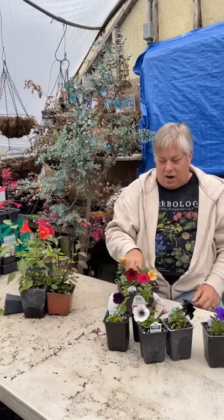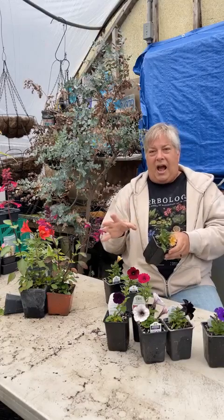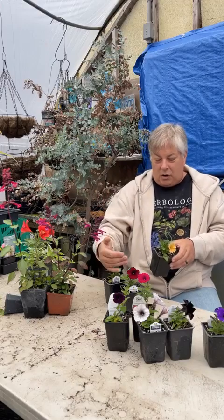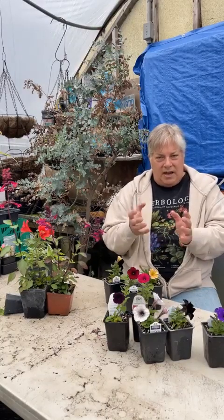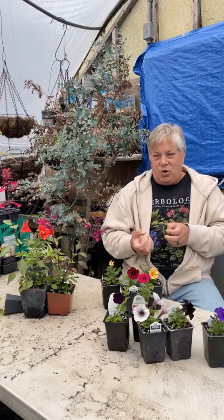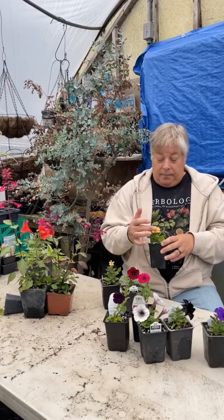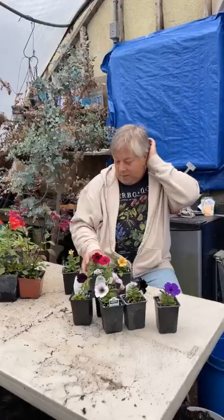Now, the other group that I just stumbled across in a garden center a couple of years ago and was blown away by was the Supercal petunias, or Petchoas, actually. Petchoa. These are a cross between petunias and calibrachoas. Popular plants these days for baskets and containers. Small, but when you cross them with petunias, which are closely related, one thing it does is bring colors into petunias that we didn't have before. One's like sunset orange, but that's just because I grow these very cold. I'll talk about that in a second. This will be a warm sunset orange all summer long. French vanilla, that wonderful color with purple veining, and Bordeaux, which is a warm,